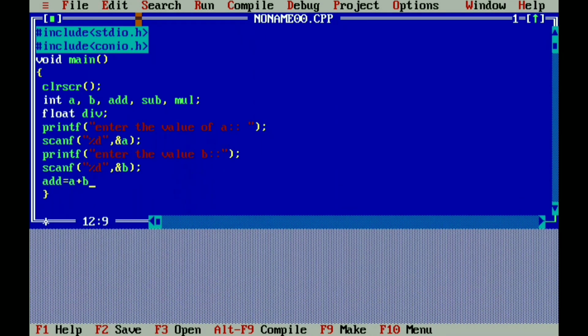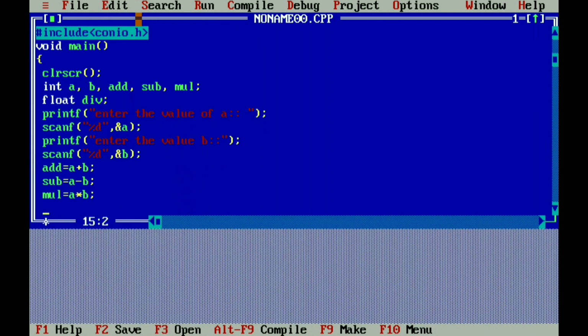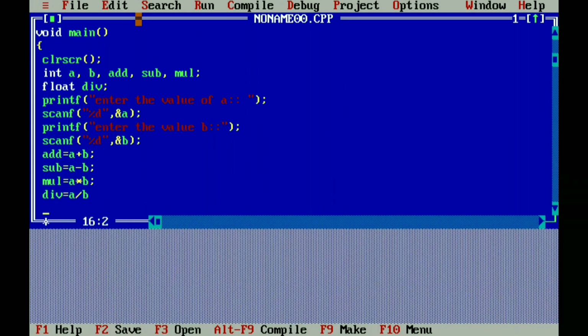Where we store. So add is equal to a plus b, subtract equals to a minus b, for multiplication a into b, division equals to a divided by b. Then